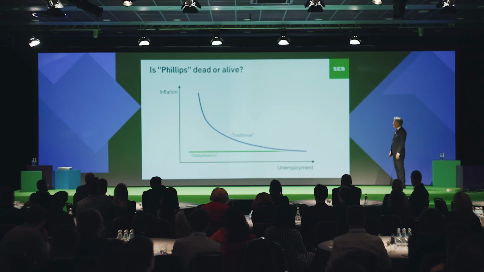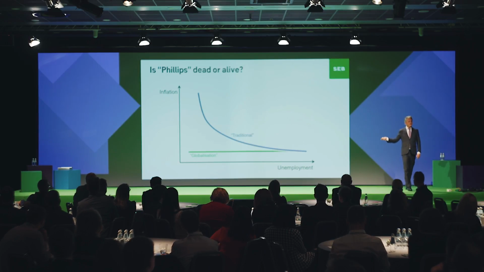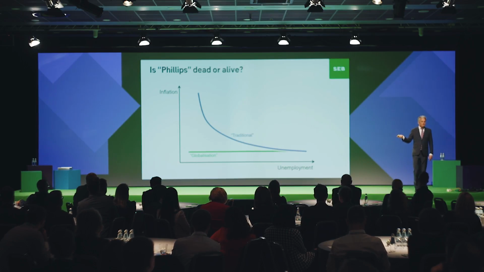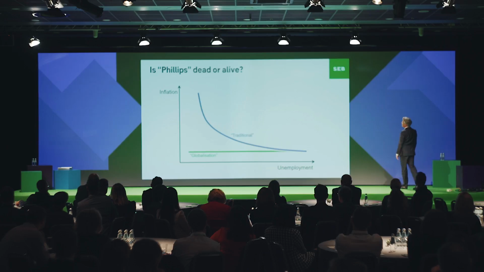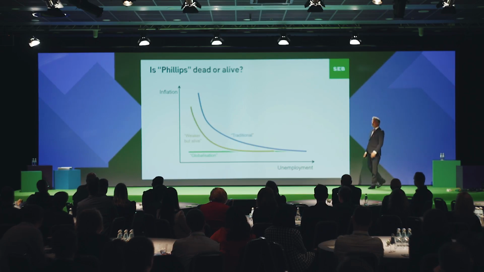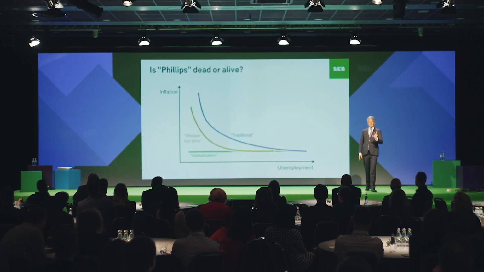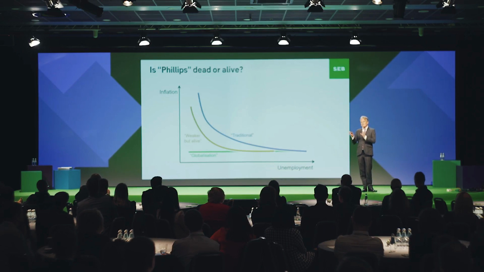So some people actually say that globalization and other things have killed the Phillips curve. So you can basically have unemployment as low as you want, but it will still not increase inflation, because production will just move abroad. So where are central banks today? Well, they probably say that the Phillips curve is not dead, but it's sort of weaker. The relationship is weaker than it used to be. And this is sort of forming the basis for what central banks are doing today.